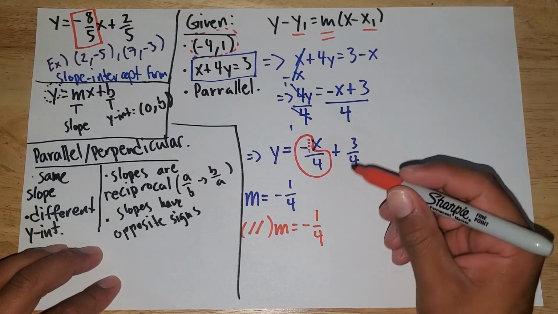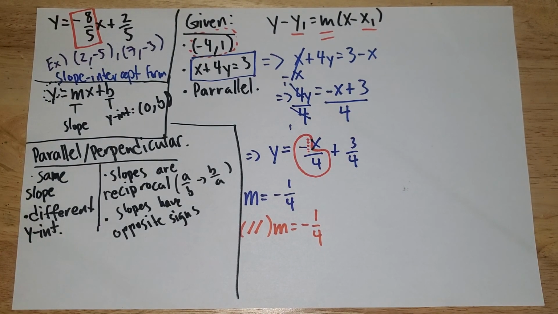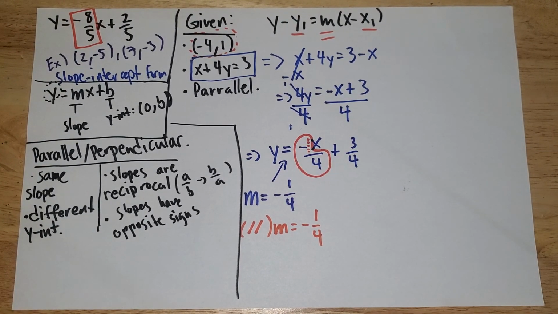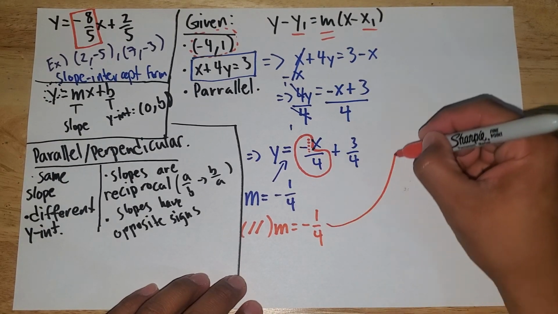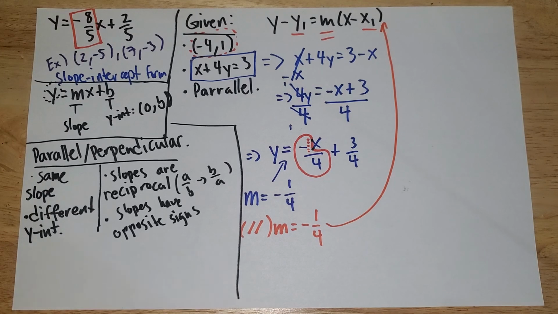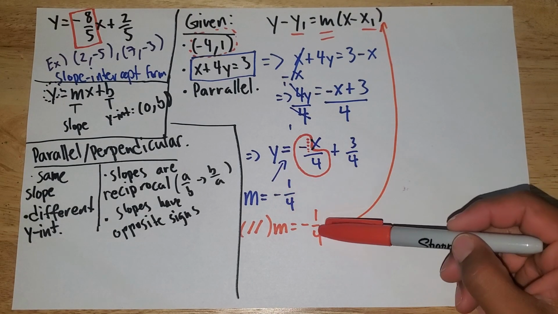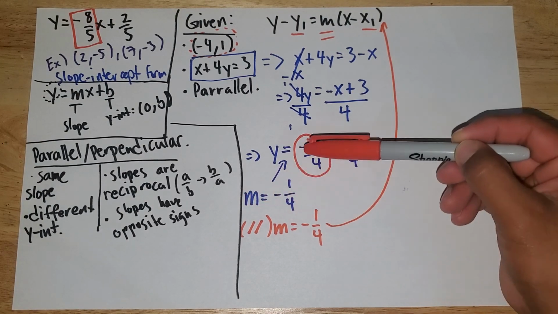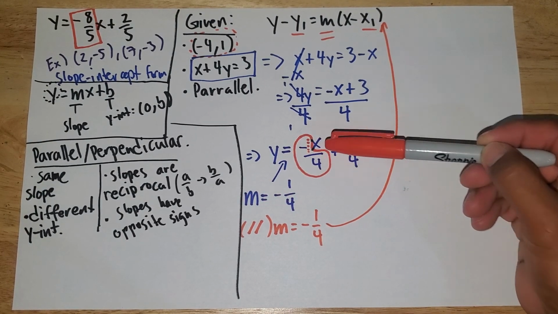This helps me distinguish the difference between the equation that was given versus the equation I'm trying to find. Even though I wrote the same thing twice, I always like doing this. I write with the slope that I got from this line, and then